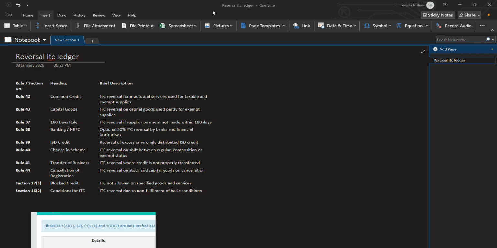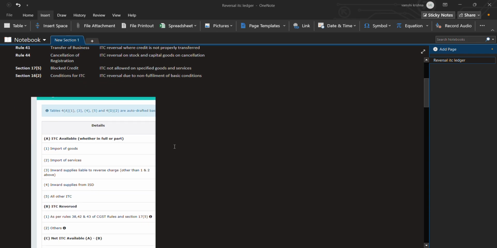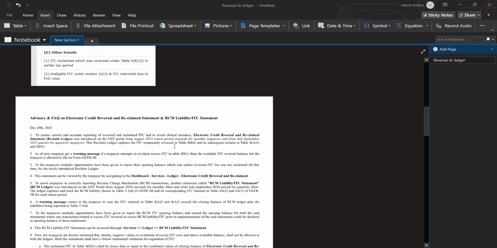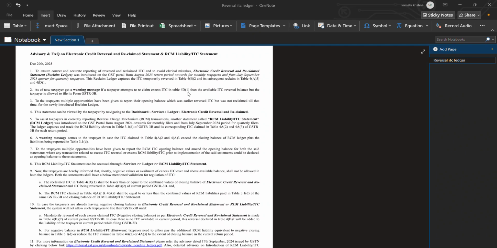And recently they added that the supplier has to pay the GST amount to the government, only then can we claim it, or else we have to claim and reverse the same. We can claim it only if the supplier pays GST to the government. Now let's get to the main part,